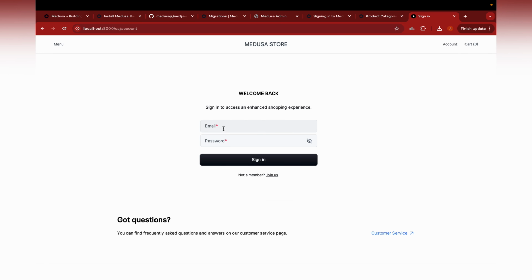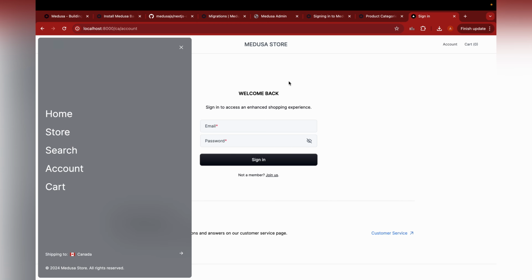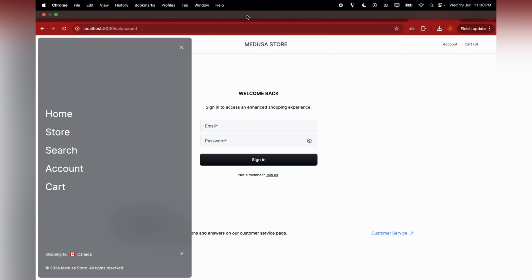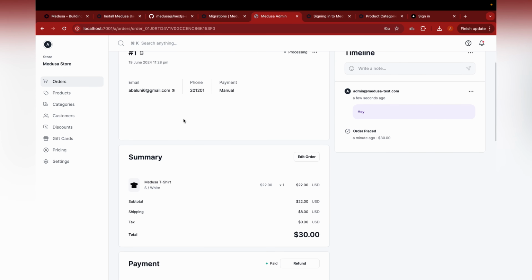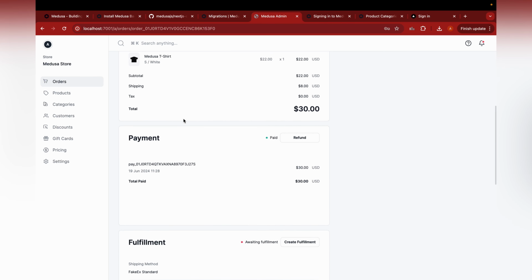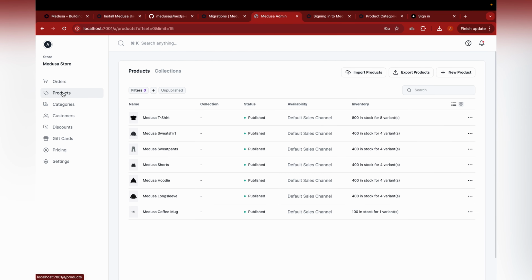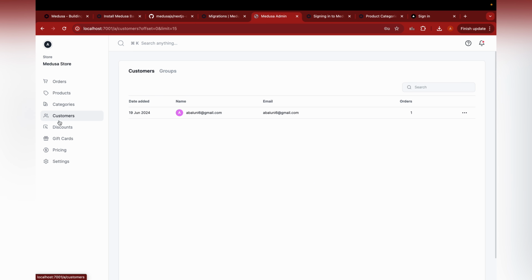Sign in is a better functionality, but you can also skip it to just roam around, add products to cart and just do checkout, right? So this is pretty much a basic e-commerce site